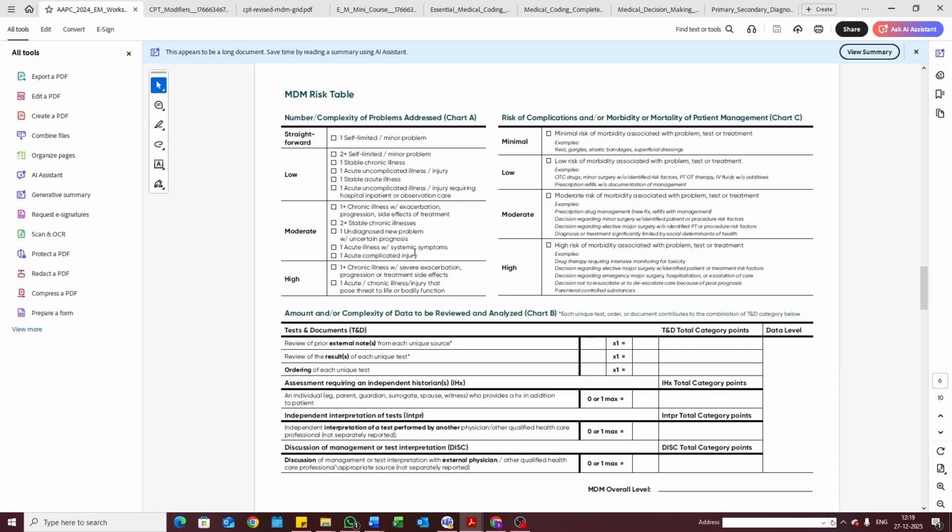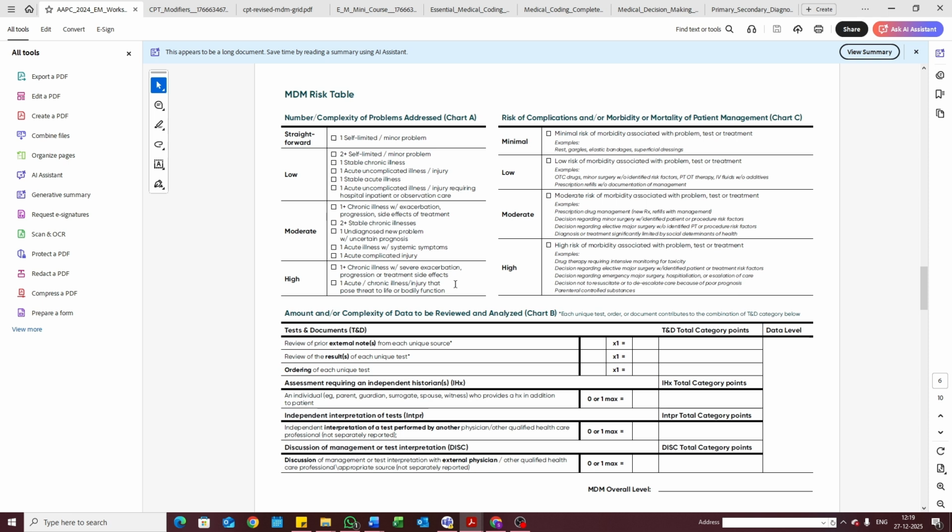This is the MDM table we used previously. This is table A, this is table C, this is table B. This is data: amount and complexity of data reviewed. Here, remember one thing in outpatient